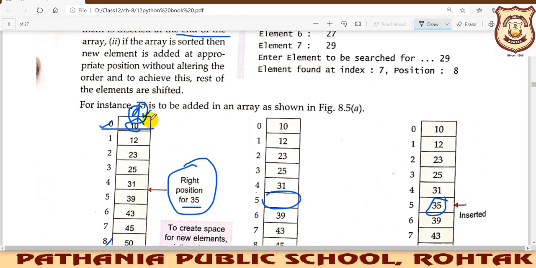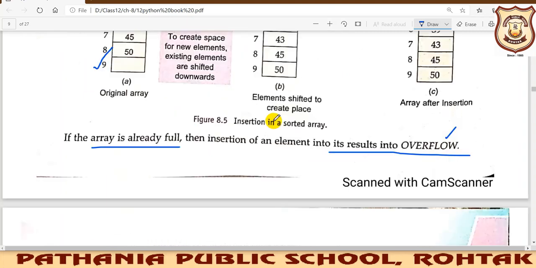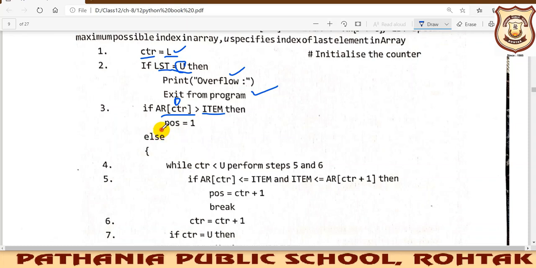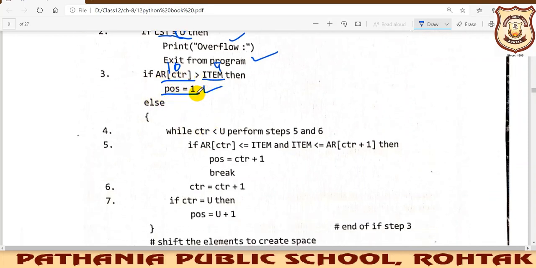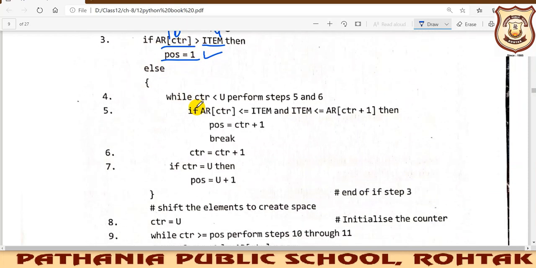If it is greater than the item that you are going to insert, here 10 is greater than the item 9, so where is it to be inserted? At the first position only. So what you will write is that the position will be first only. In that case, AR is 10 and item is 9, so the element has to be inserted at position 1.